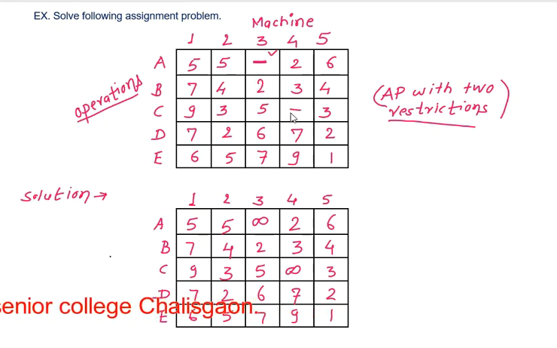Similarly, there is a restriction that operation C cannot be performed on machine number 4. So these are the two restrictions in this assignment problem. How to handle these restrictions? We take a very large cost of assignment for these two operations. That is, we take C13, this cost, as infinity,